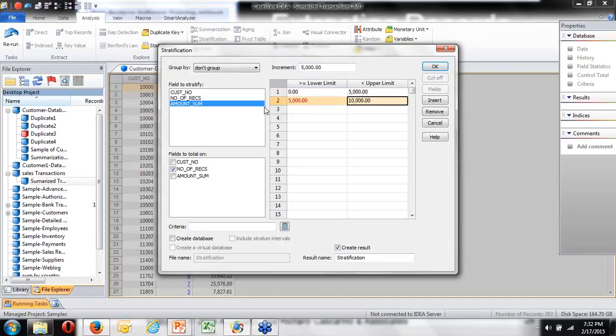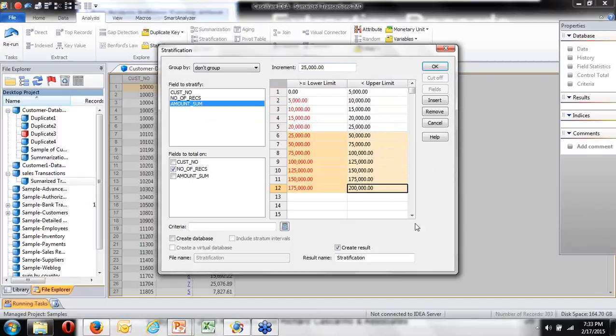And if I simply pull that down, I'll get 5 to 10, 10 to 15, and I can pull it down. Once I've got to 25, then I'm going to change that to 25,000 instead of 5,000. Increment in 25,000, and then I'll take that down from there, which is now 25,000 to 50, and I'll take it down to 200,000. And if I say OK,